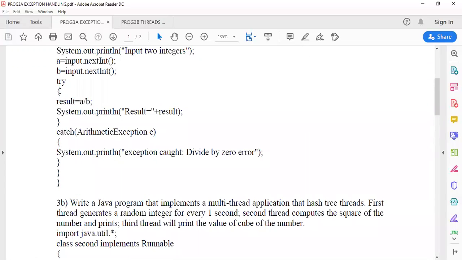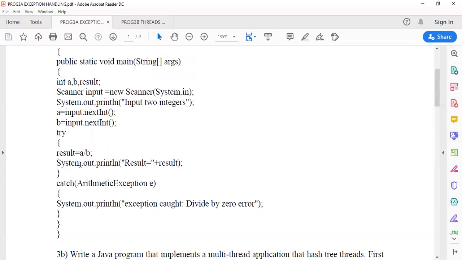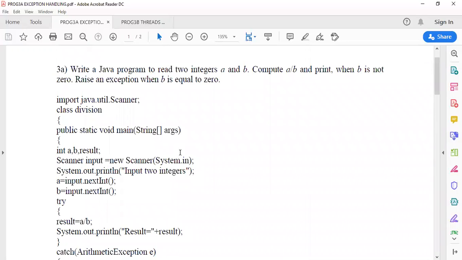Suppose you don't use try and catch blocks and don't handle your exceptions. Then when the exception is raised, at that point the program will stop or terminate abnormally and will not proceed to the next statement. To overcome this problem, the try and catch block is used for exception handling.